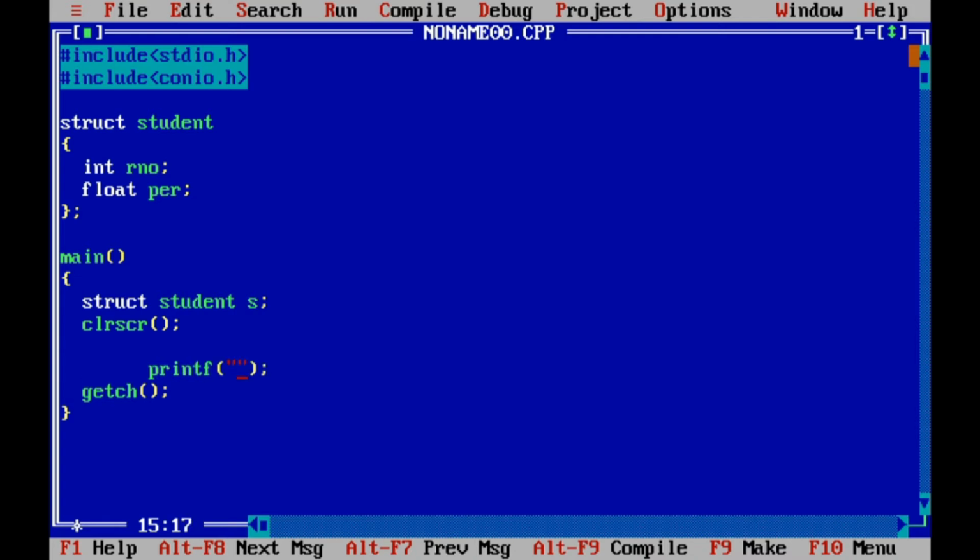To take value from the user, we have to write printf "enter roll number". Here in scanf, %d, address of s dot rn.